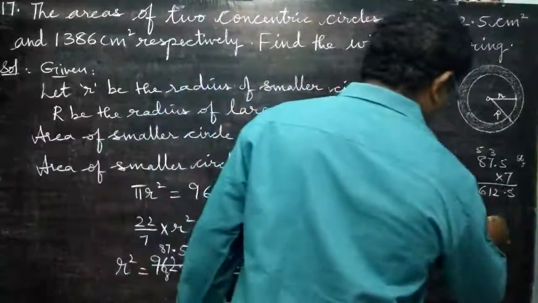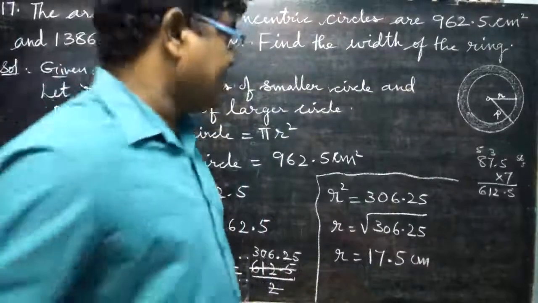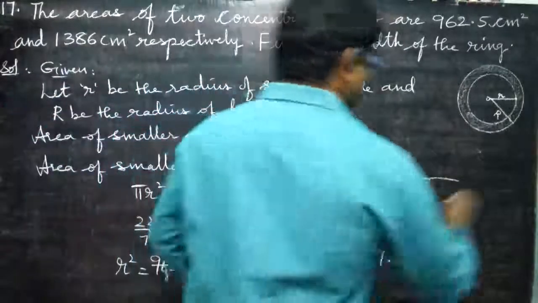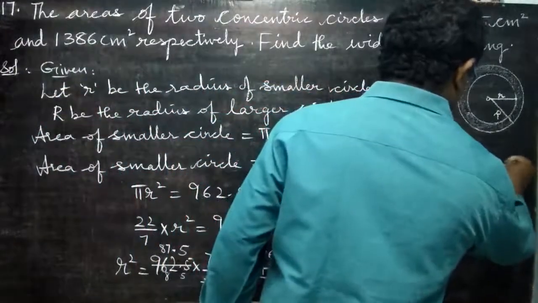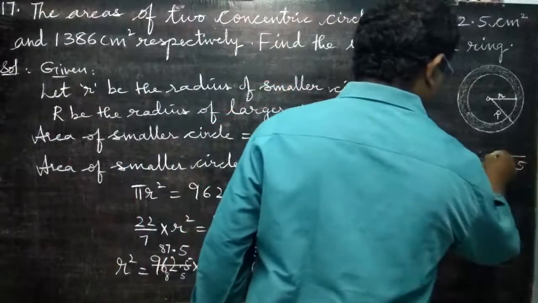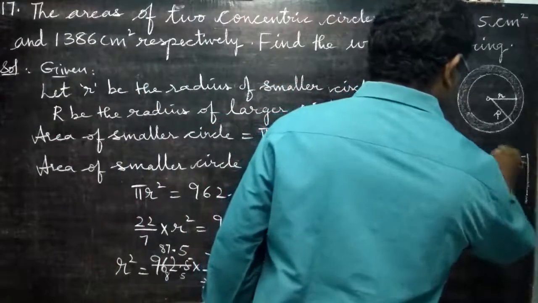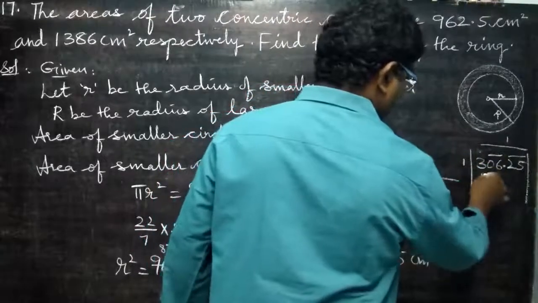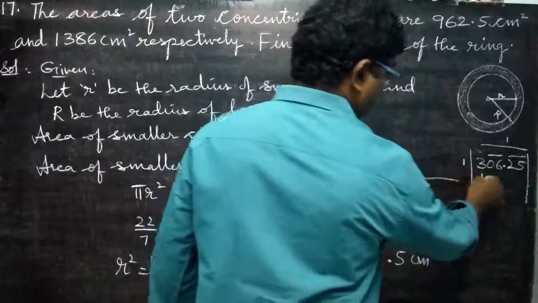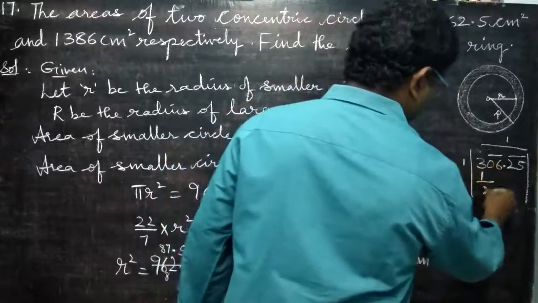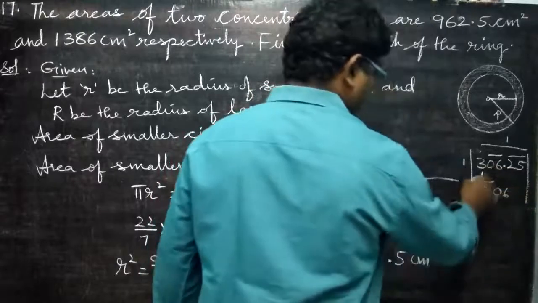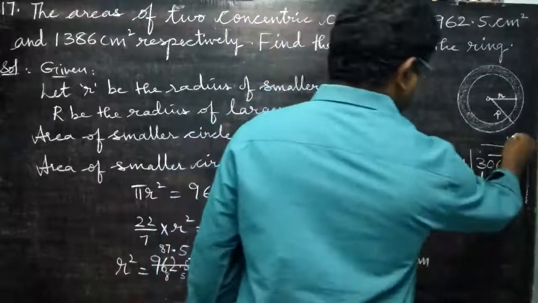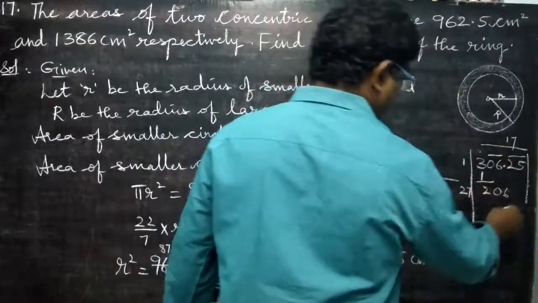Or otherwise, go for the division method. I told you, a very easy method of finding square roots. So 306.25. For every two digits, write a bar. Nearest square, 1 1s are 1, because 2 2s are 4, it will be more. So now 3 minus 1 is 2. Next bar is 06. Bring that down. Denominator down. So 1 plus 1 is 2. 7 times, 7 7s 49.